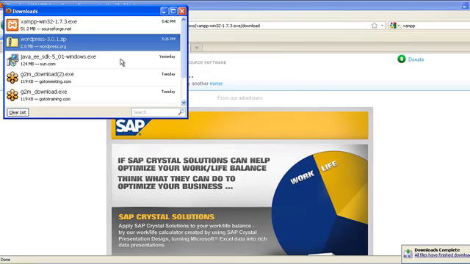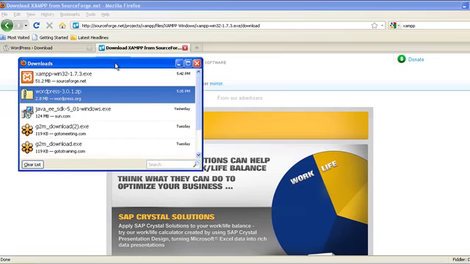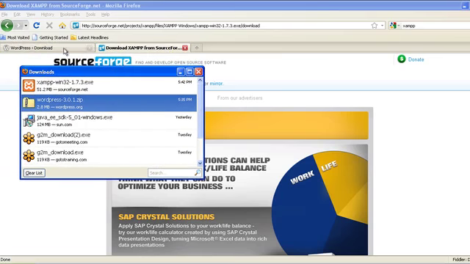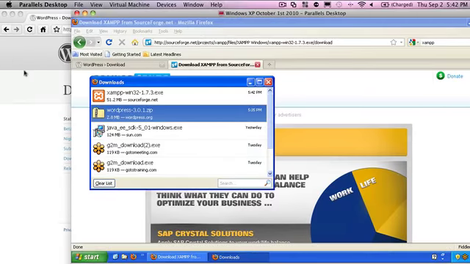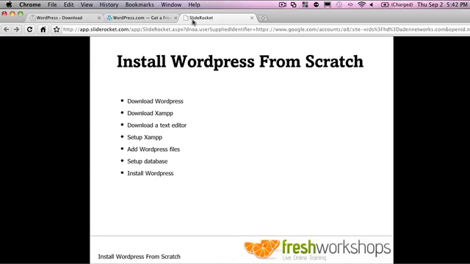All right. We have downloaded both of those. And I know I said we were going to download a text editor, but you know what? We actually don't need to use it, so I'm going to skip over it. Although I can talk about why we'd want to use a text editor. And let me go ahead and switch back over here to the presentation. So a text editor is helpful once you have WordPress installed if you want to do things like